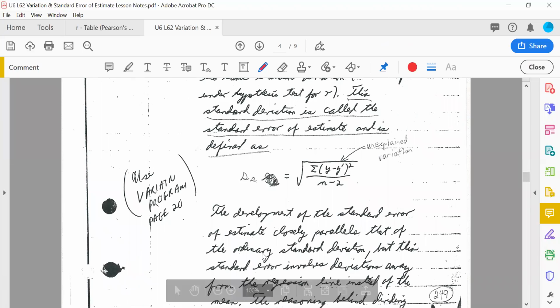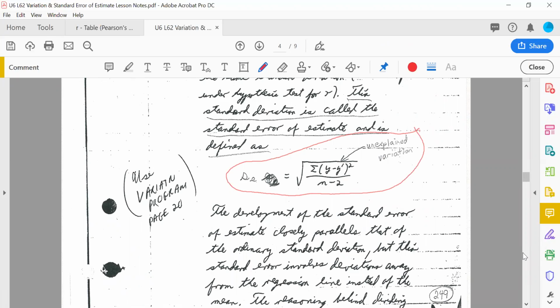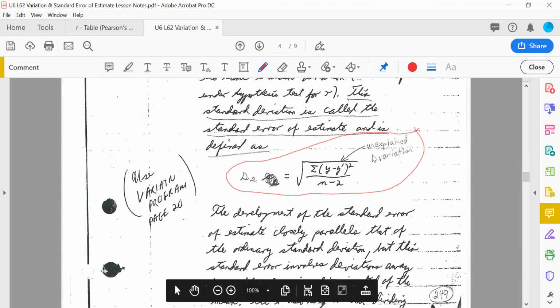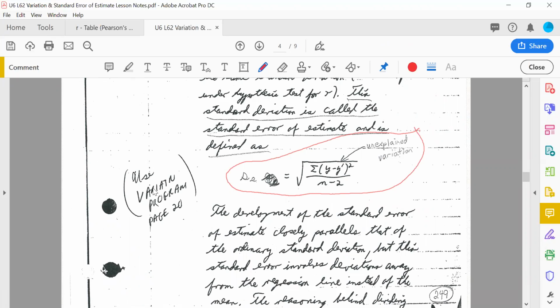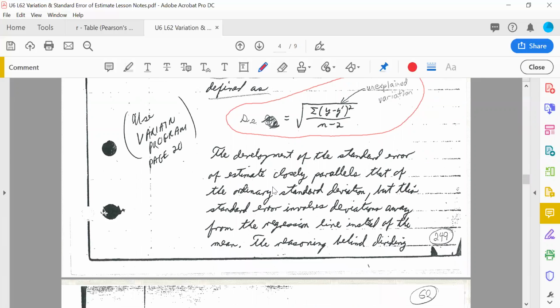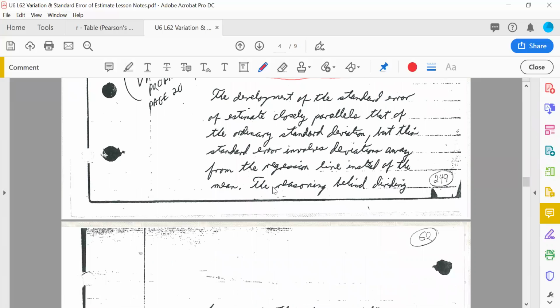If you wish to calculate the standard error by hand, this is how you can find it: the square root of the unexplained variation divided by n minus 2. Or you could just use the variation program and go to the last thing that Mateo gave. Standard error is just right there for you. So